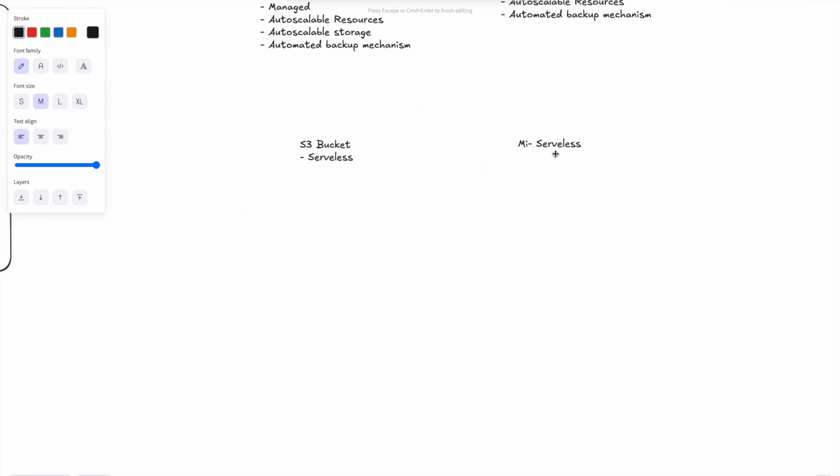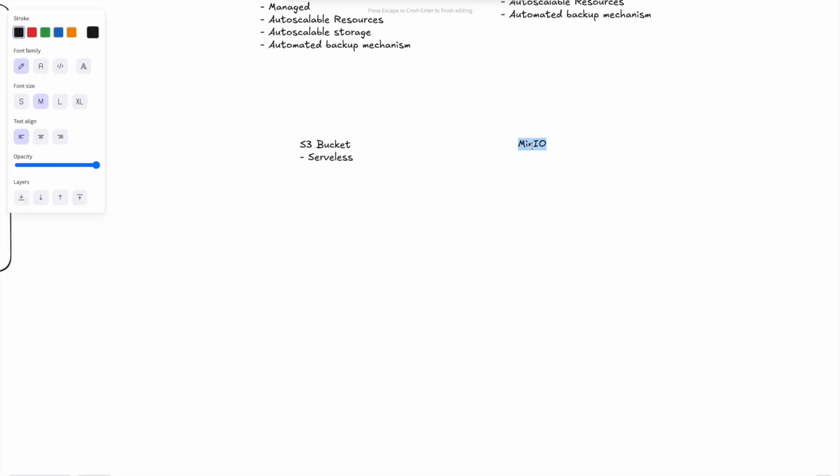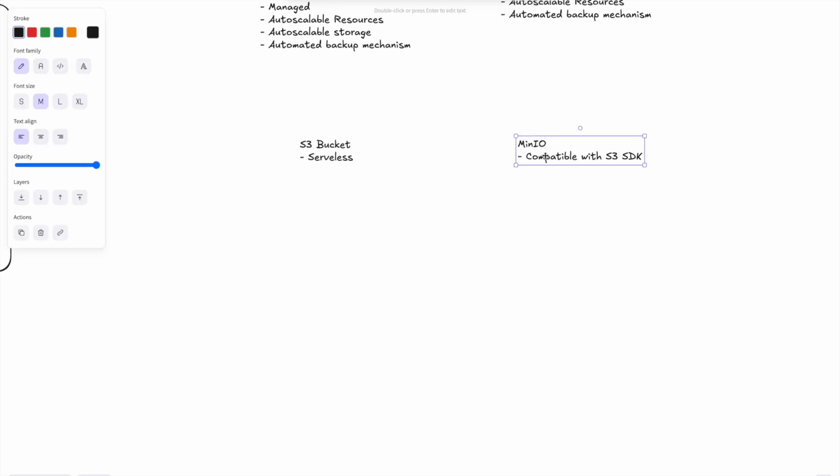It's MinIO. MinIO is the S3-compatible, self-hosted replacement of the S3 bucket. So what are the benefits of MinIO? It's compatible with the S3 SDK, so there shouldn't be any application-level changes if we introduce MinIO. Another benefit is that it's auto-scalable. We shouldn't be worrying about resources or over-utilization, because Kubernetes will allow us to flexibly scale